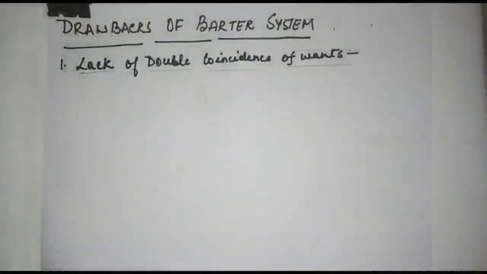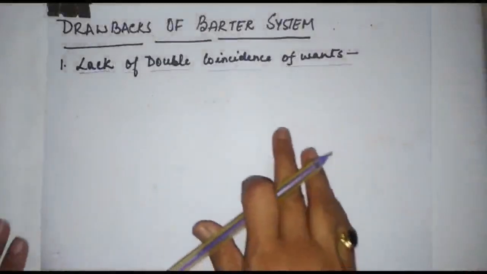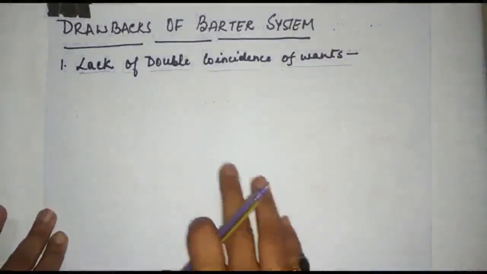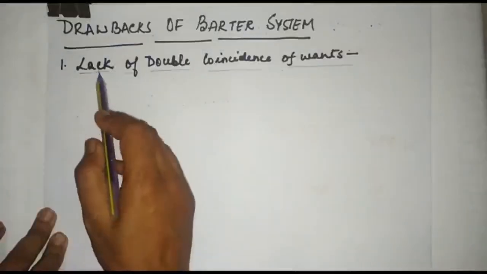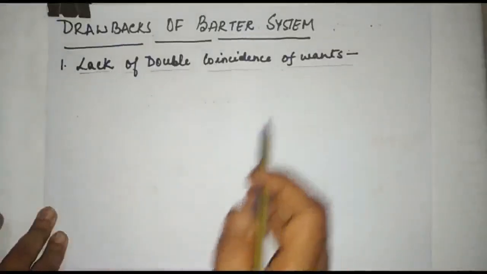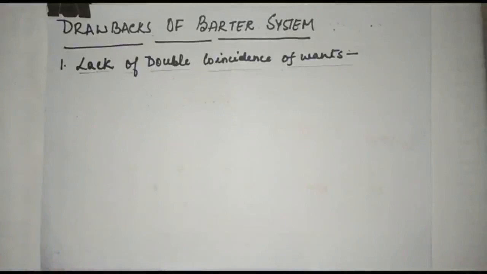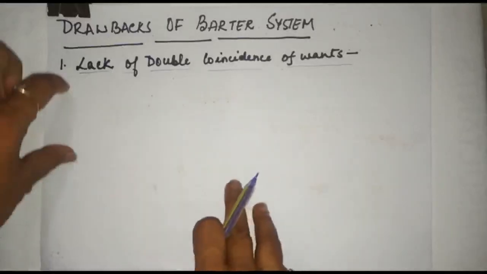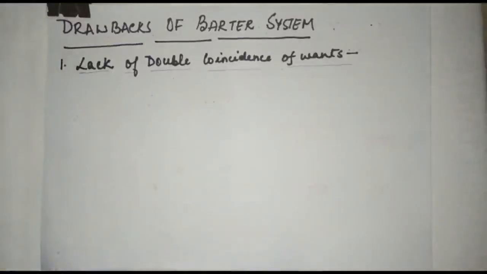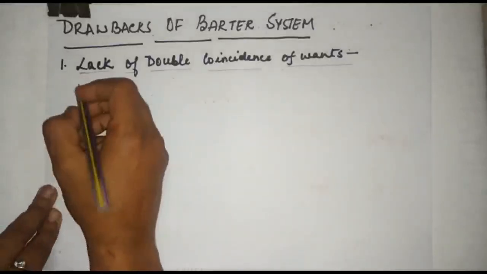Now we have to learn what the limitations or drawbacks of the barter system are. The very first drawback of the barter system was lack of double coincidence of want. It is a very important drawback. Under this, you have to write what you mean by lack of double coincidence of want. First of all, you will write what double coincidence is. It means that two individuals must possess such goods which they are willing to exchange for the satisfaction of their wants. So first you will write, double coincidence means